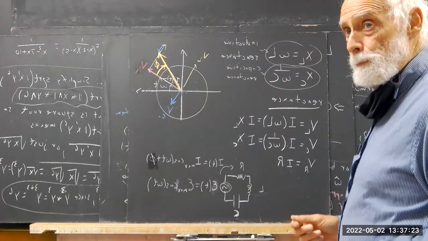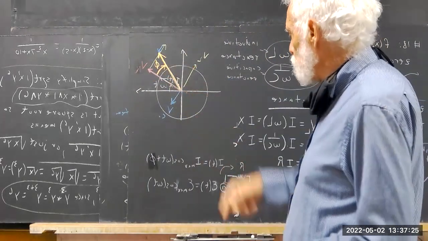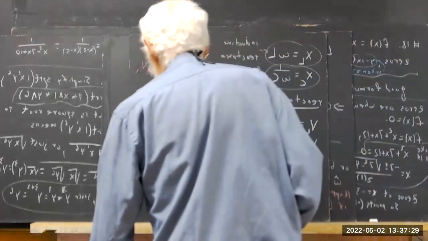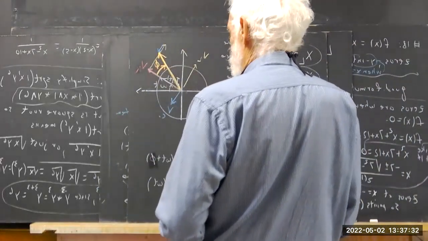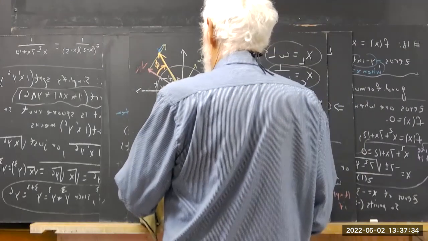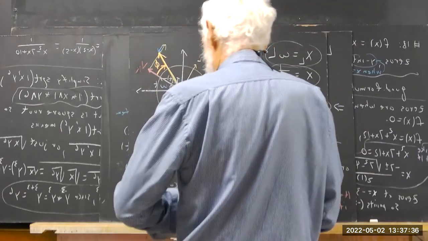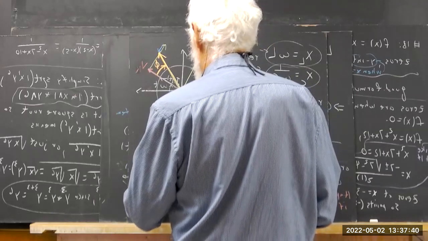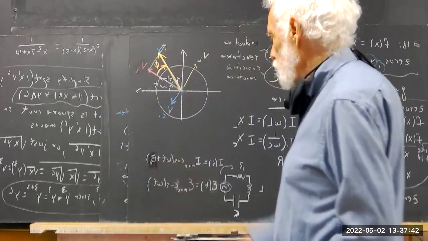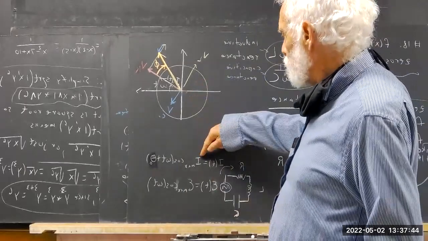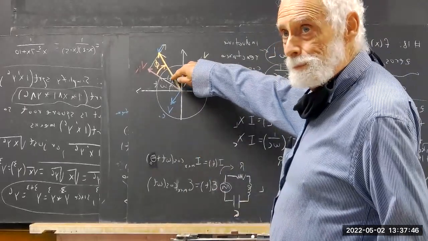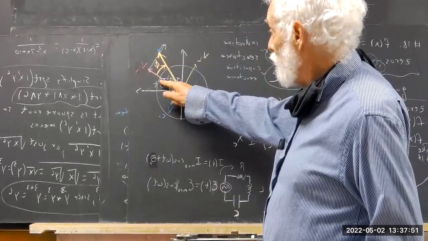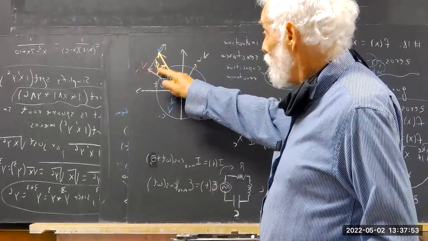Okay. That's your phase shift from your current. Now, I'm going to call that theta naught. So there's your I of t. Remember, I of t was this white vector here, right? And this voltage is out of phase